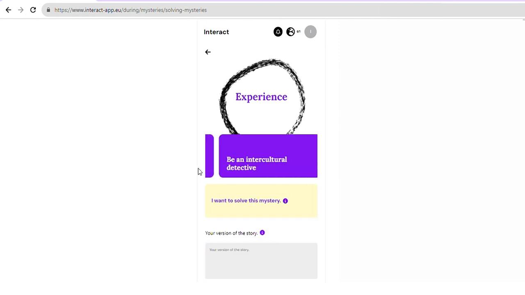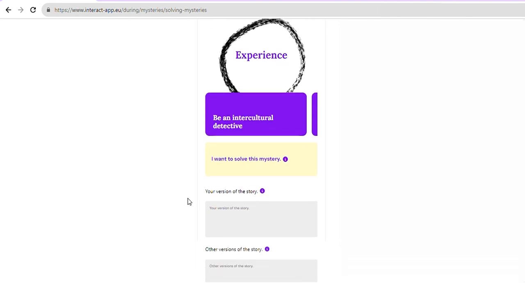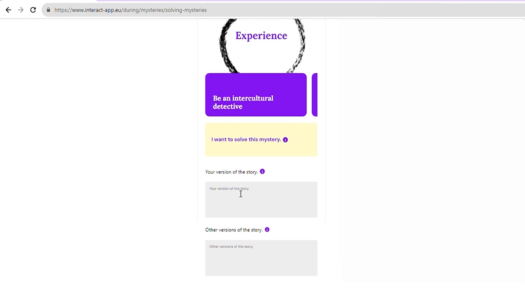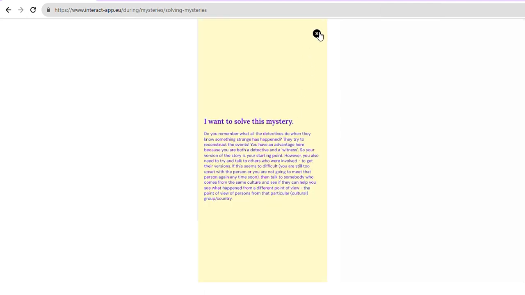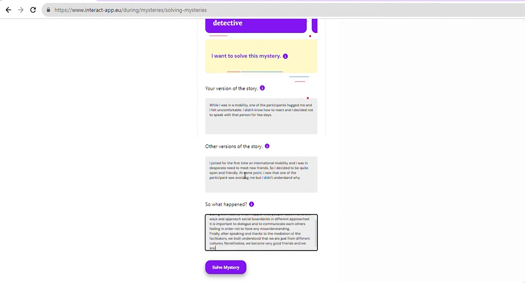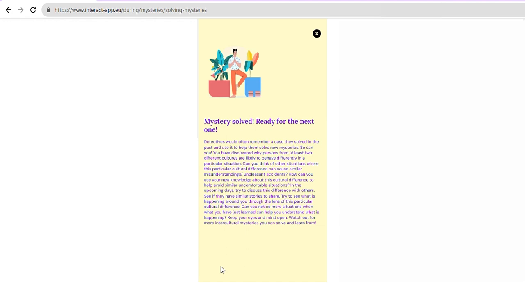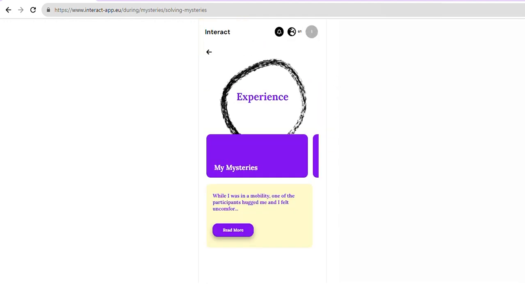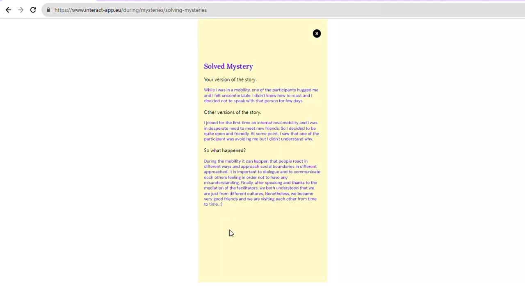In the second section, it's your time to shine. Let's solve some mysteries. By clicking here, you can solve your mystery by filling the blanks. Any problems on how to do it? Click the I and you will receive the suggestions step by step. Finally, you can save the mystery and find it in the My Mysteries section, so you can challenge yourself and